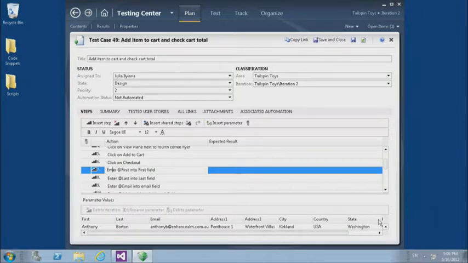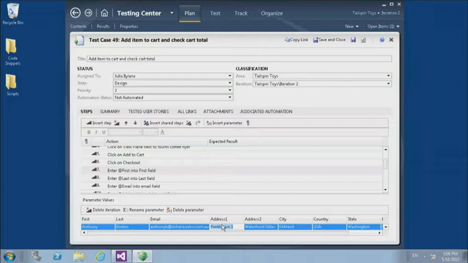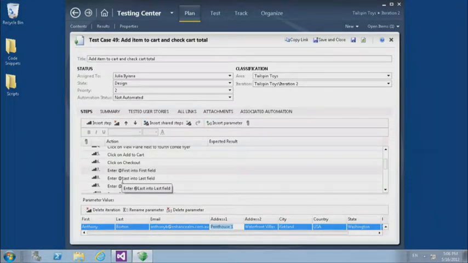I can go down the bottom to my list. I can select maybe address line 1. And I can delete or rename parameters if I want to. It's not a common thing to do, but if I no longer want to parameterize that value, I can delete that parameter, come back up to where it's used in the test case, and revert it back to a literal,